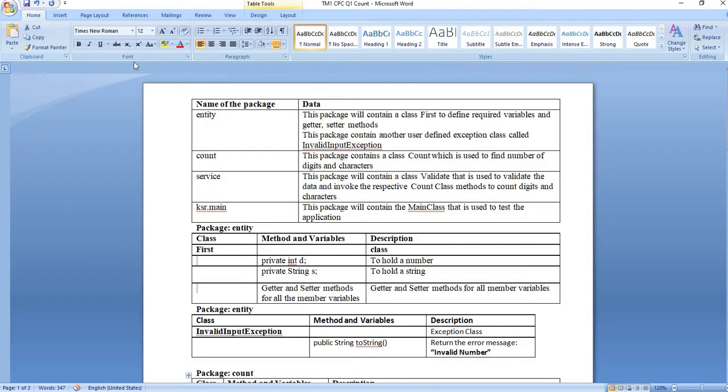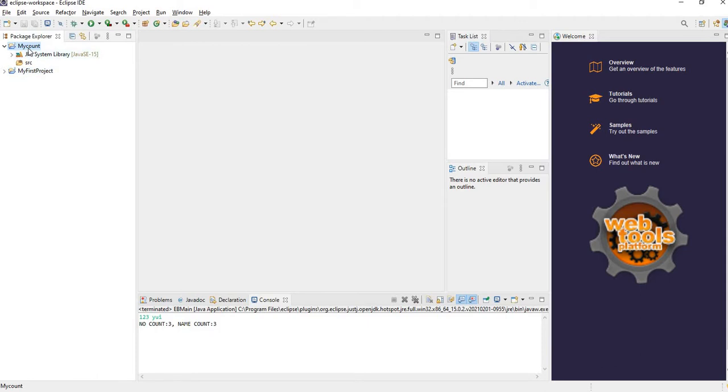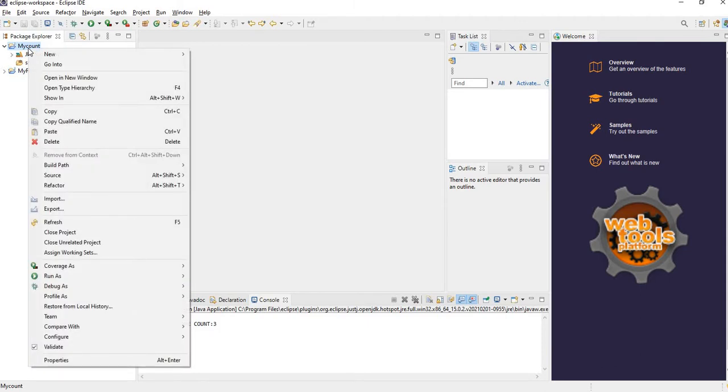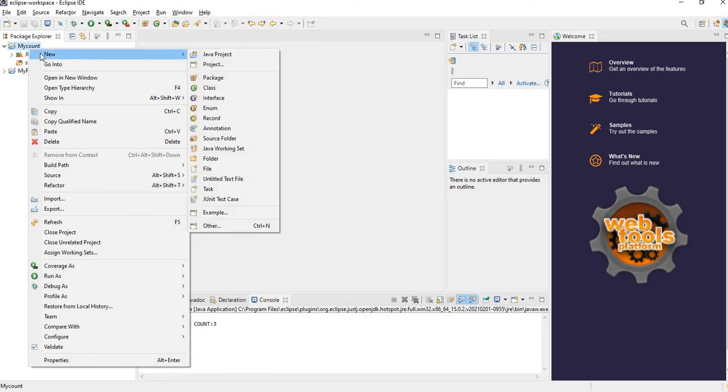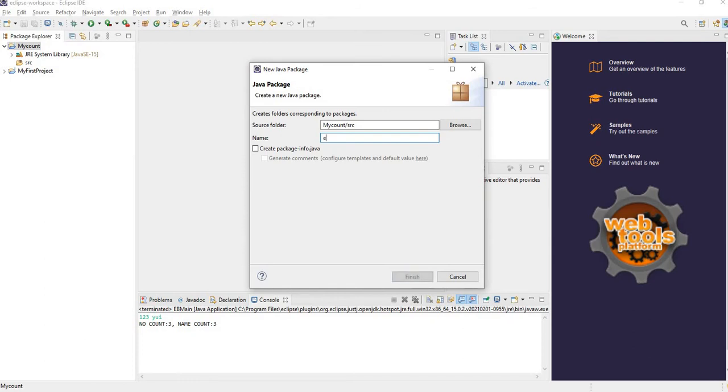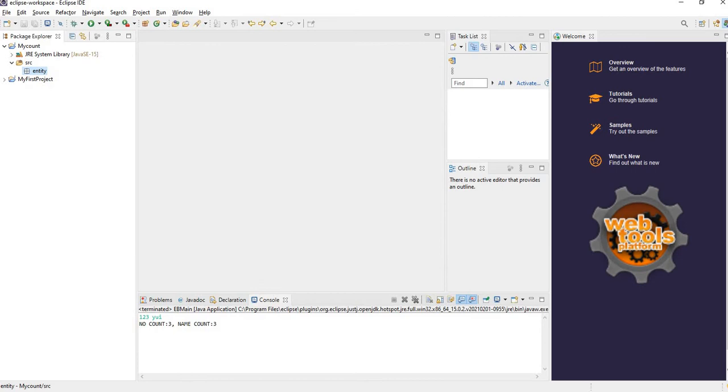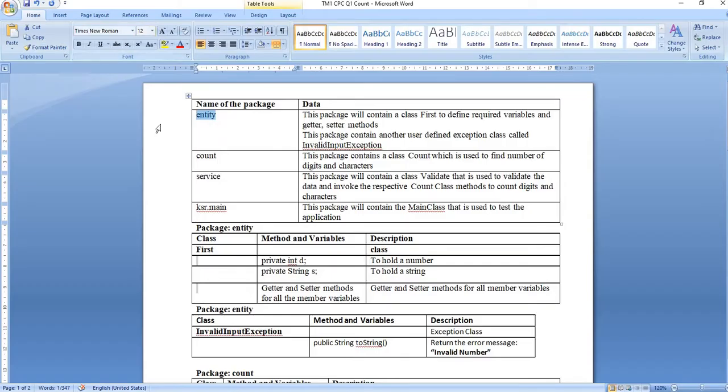The first and foremost thing is we have to create the entity package. Let us create the entity package by right clicking my count, which is our project name, going to New, and then Package. The package name should be entity. Click Finish. The package is created, and the next one is count.